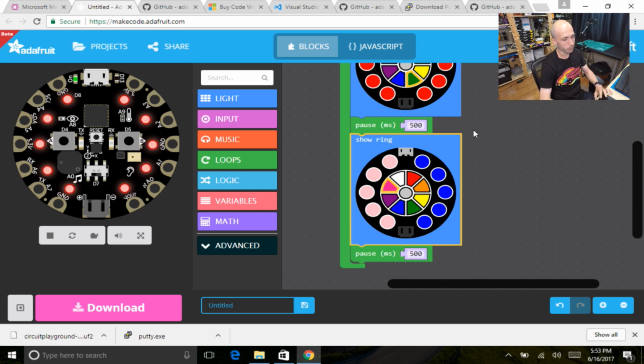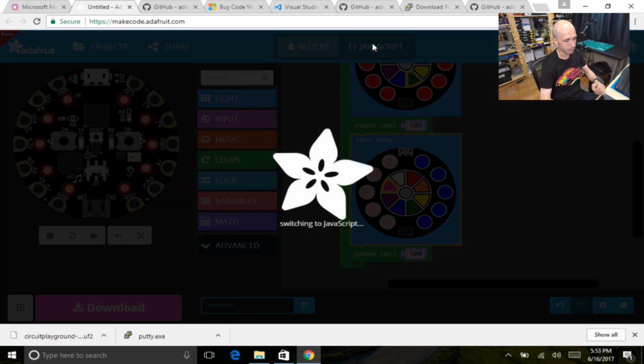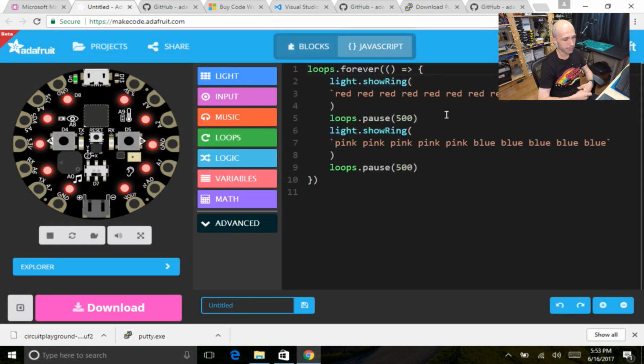You're not restricted to only graphical stuff with MakeCode. There's also this JavaScript tab, which lets you program the board using a JavaScript language. It's actually TypeScript, which is a subset, and it gives you a little bit simpler version of JavaScript. Not simpler in capabilities, but simpler in syntax, because the syntax of JavaScript has gotten quite complex over the years. So sometimes it's better to take things out than add new features. So they've simplified things and made it easier to learn. But anyways, that's what MakeCode does. So, a great way to get